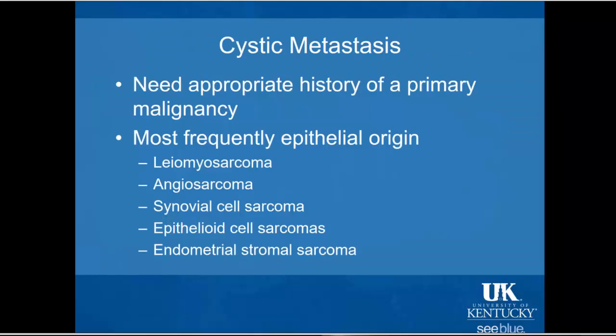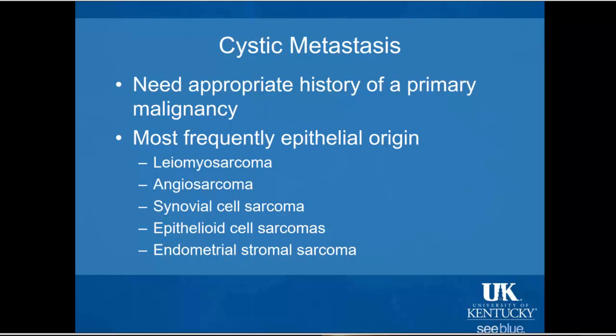And that brings us to cystic metastasis. And cystic metastasis is kind of a difficult one to evaluate for. You really need an appropriate history of a primary malignancy to suggest this diagnosis. Most frequently, it's epithelial origin, but you can have some mesenchymal ones, leiomyosarcoma, angiosarcoma, synovial cell sarcomas that lead to this. And when I say cystic metastasis, I mean true cystic metastasis, not